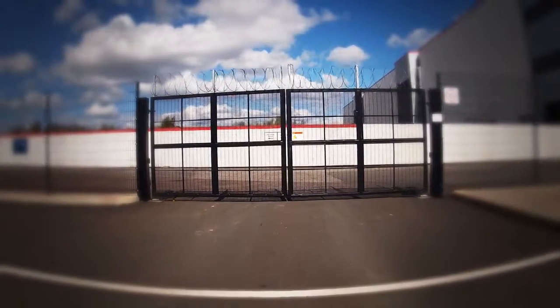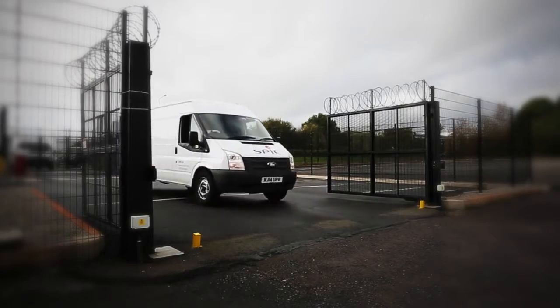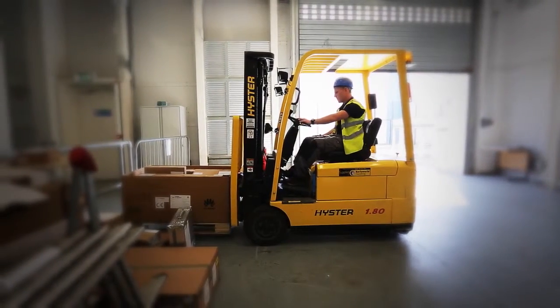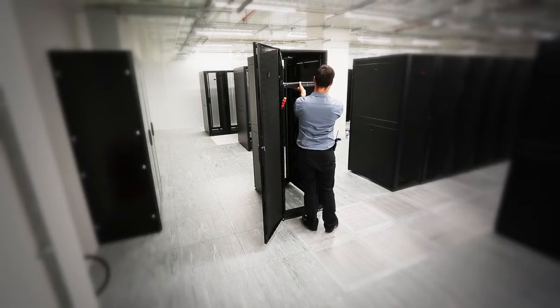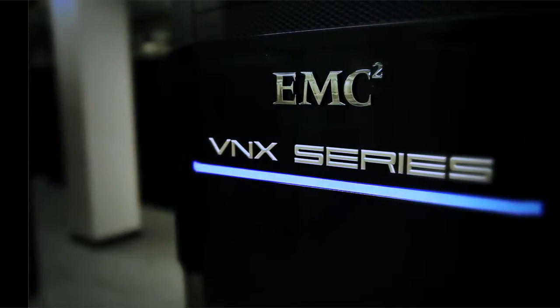Let's follow what happens when customer IT equipment is delivered to site. Having passed through security, the boxed equipment will be offloaded at our loading bay, we'll unbox it and dispose of all waste. Depending on the customer requirement, we may then stage the kit, which basically means powering it up and checking it functions okay, but more often the kit will be taken through to the data hall for rack and